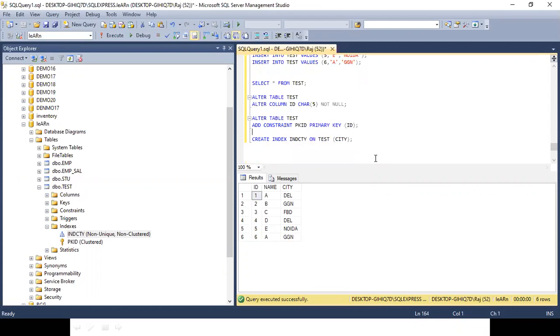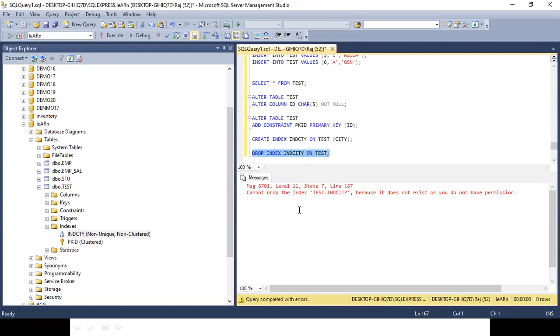Now I need to say drop constraint INDCITY on test, not constraint, sorry, index. Drop index INDCTY, sorry, spelling mistake.